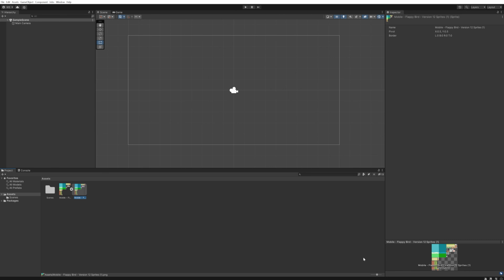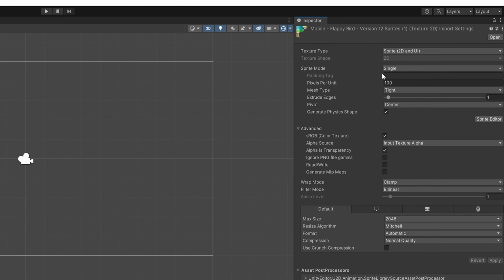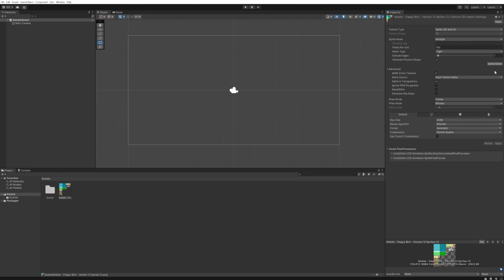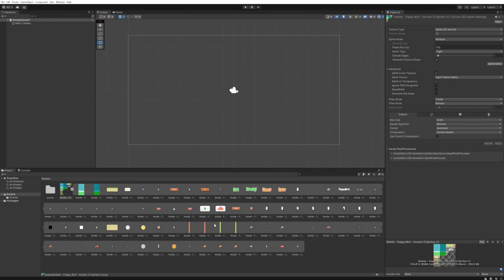But as you will see, this is just one image and we can't use the individual sprites. So what we're going to do is click the image file in Unity. And then over here in sprite mode, we're going to set it from single to multiple. And then we can apply that and open up the sprite editor. Here we can choose slice and we can keep the type at automatic. This will automatically detect where sprites stop and start. For the most part, if you're downloading sprite sheets online, that works fine. So now that we apply that over here in the top right corner, all of those separate sprites are now